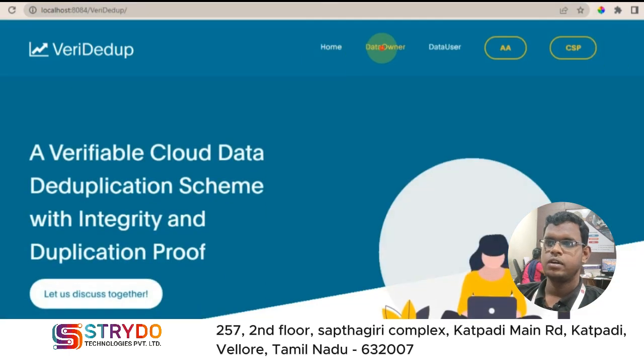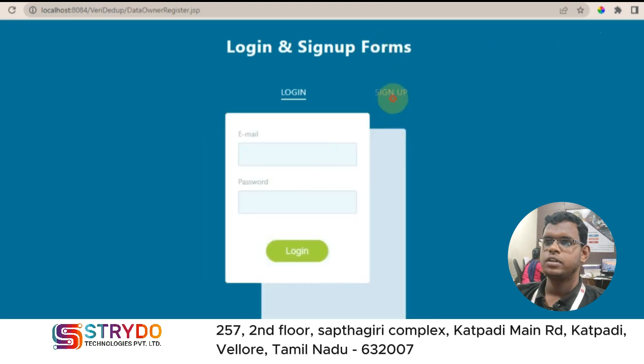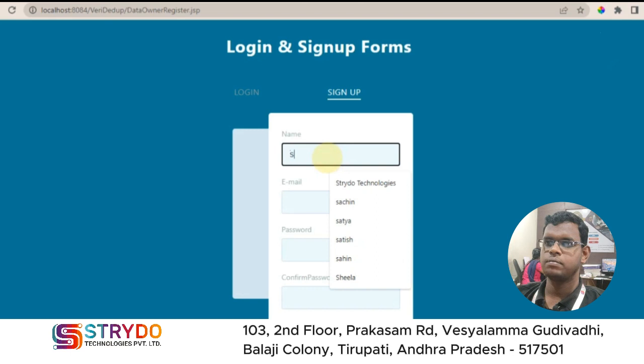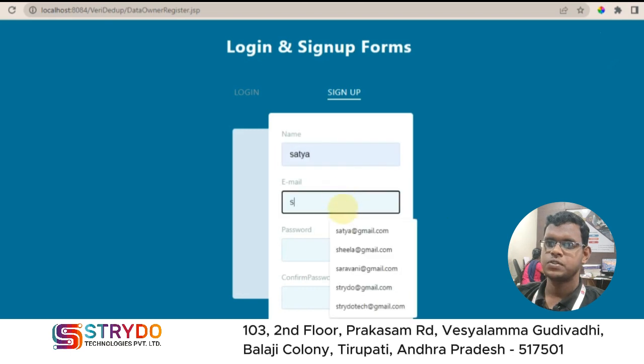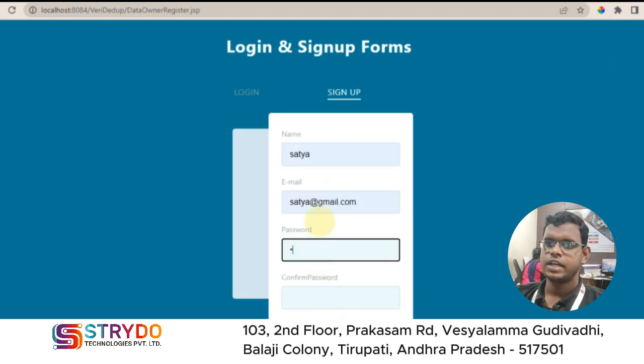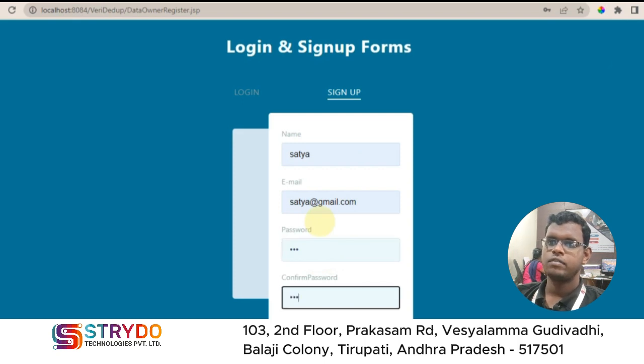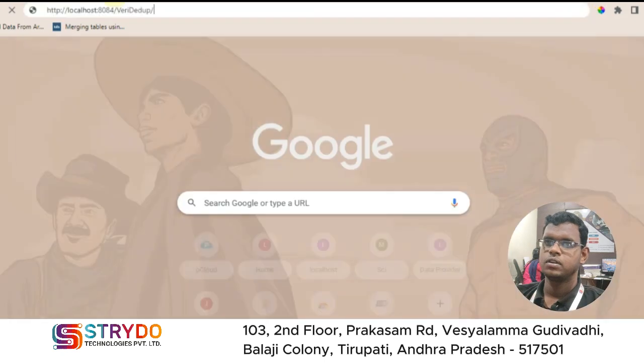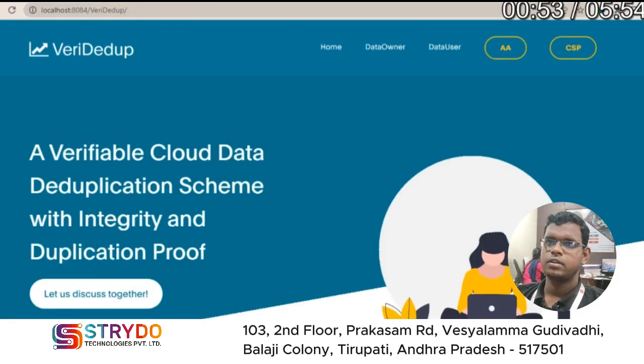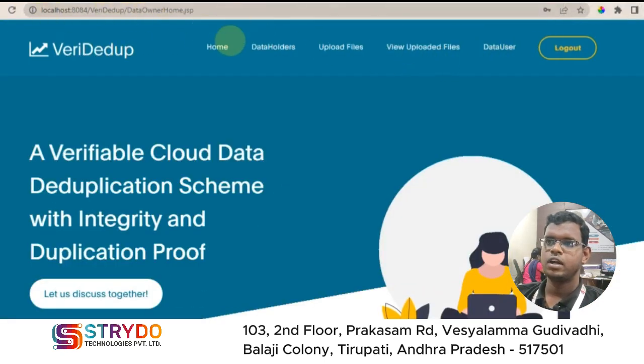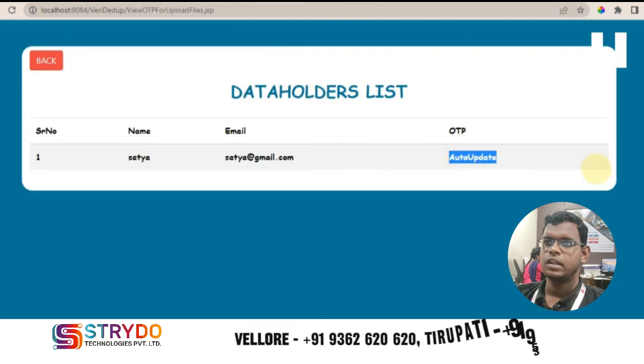Here we can see the index page, where you have the data owner, data user, authorized authority and CSP. In this you have a sign up page as well as login. If you are a new user, you can sign up with a new name, email, password and confirm password. With this, the information will be saved in the database. Once you have signed up, you can log in with the username and password